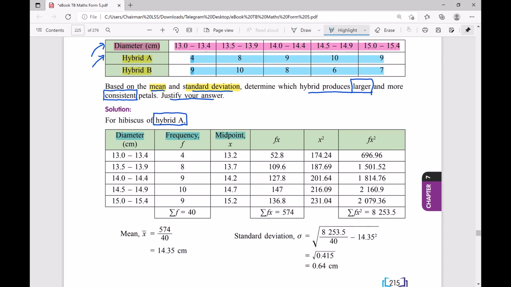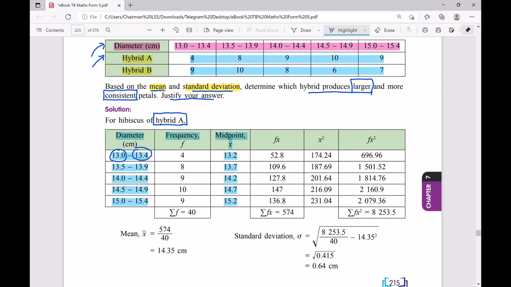find the midpoint, which will be your x, the midpoint of all your classes here. How to find the midpoint? You just add the lower and upper limit, and then you divide by 2, and you will get this one. Okay, so when you got all your midpoints,